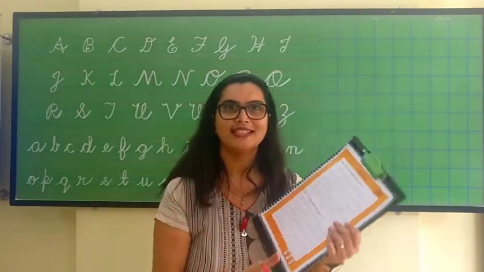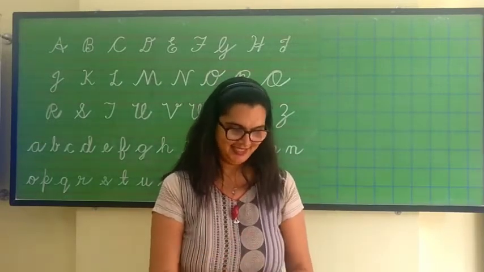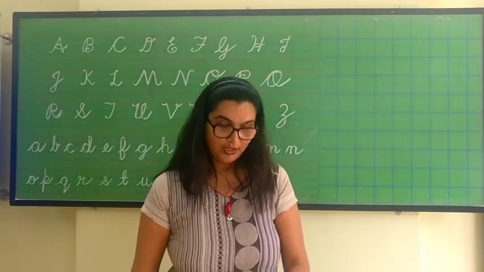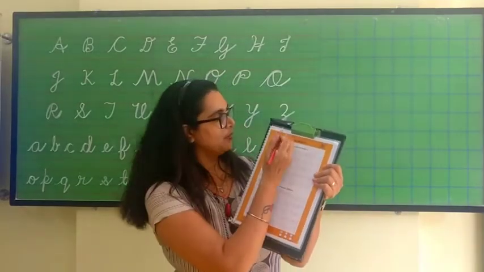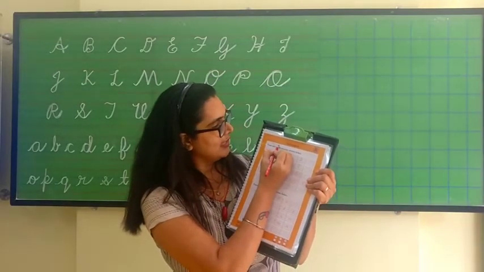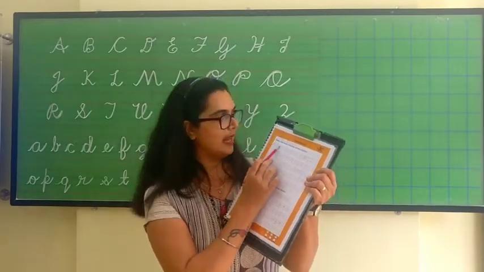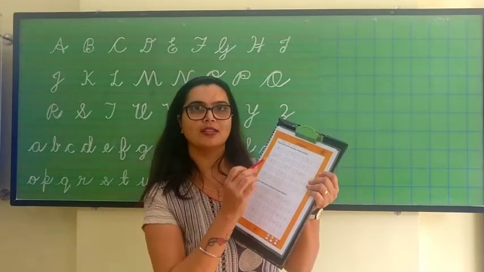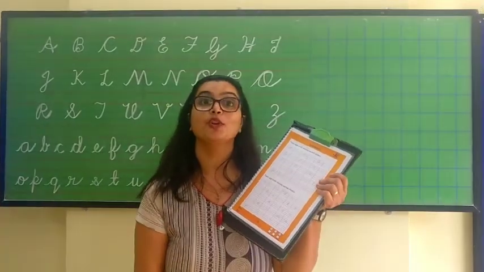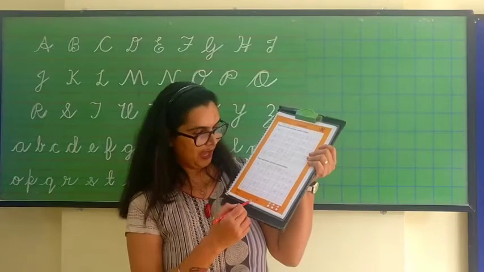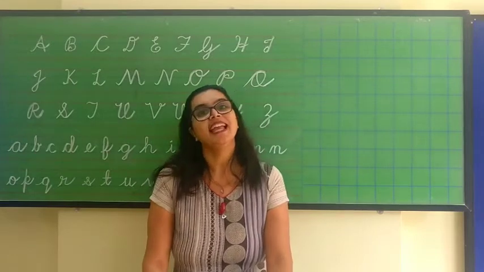And now children, turn to page number 35 and you have one more home extension worksheet. So turn to page number 35. Here is trace and write missing cursive letters. So you are going to write today's date, that is 30/03/2021. And here again you are going to trace and write the missing letters, capital and small. Yes, you are going to tell your mommy papa to click the photo of page number 33 and 35 and then you are going to send it to me. Yes, so this is all the cursive letters A to Z.